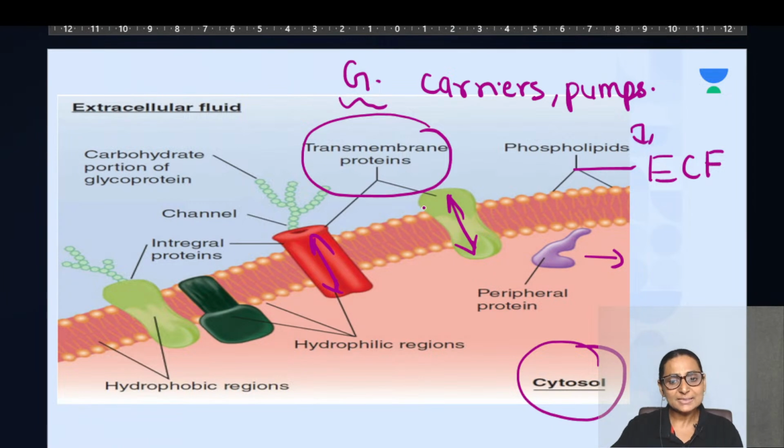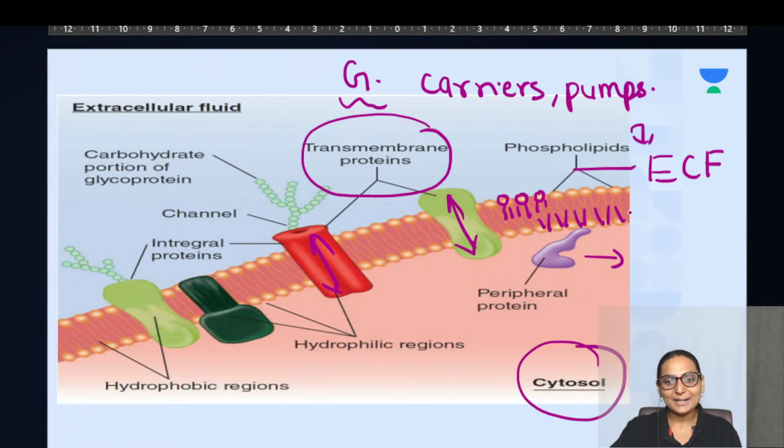Now this is the head and this is the tail. So this is a fluid lipid layer. Okay, yes, spectrin, ankyrin, dystrophin. Yes, very good. Okay, so in the fluid mosaic model, this is the bilayer, and the alignment is such